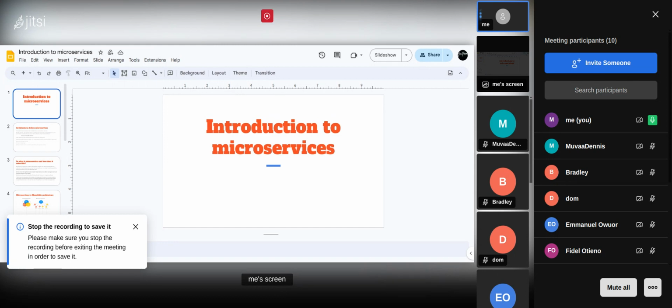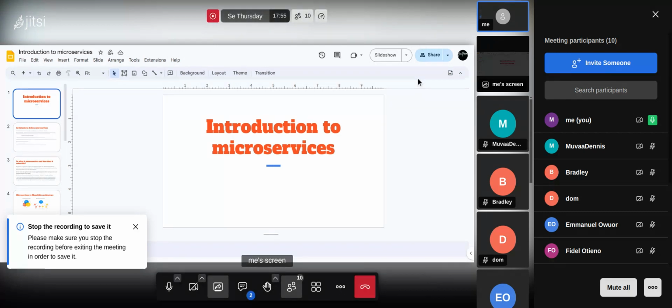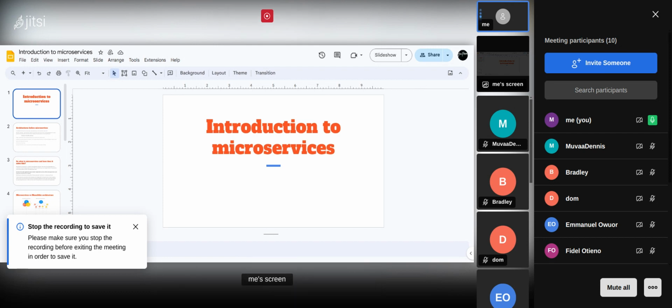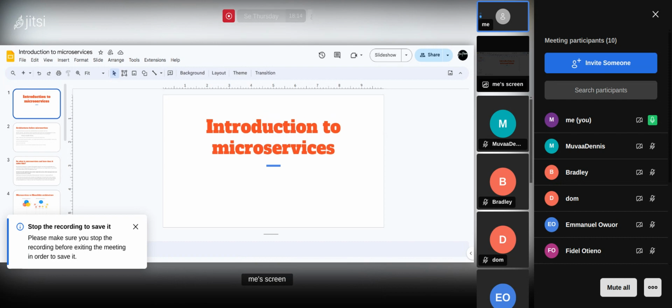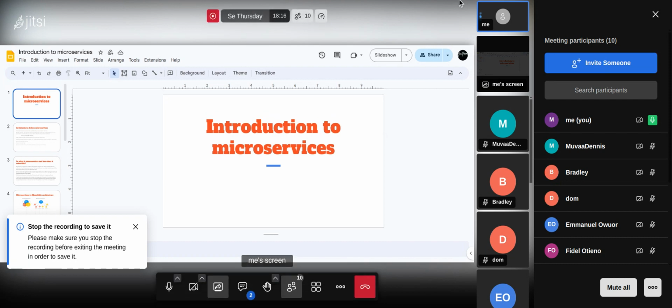Because the whole system is decoupled, you can spin up multiple instances of that service only. That means you have more computing power dedicated to only that resource, unlike having the entire system working together when most of the other functionalities are not necessarily needed.